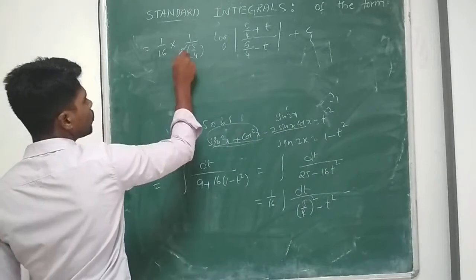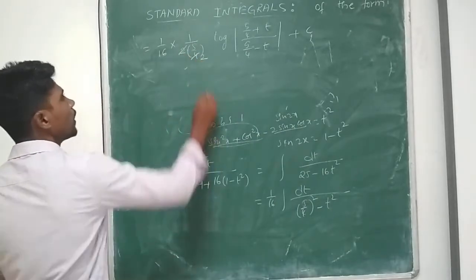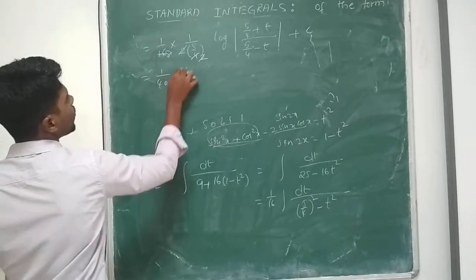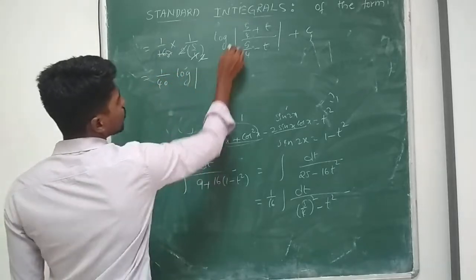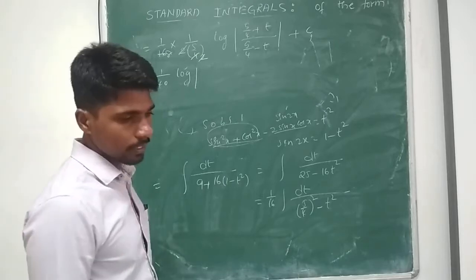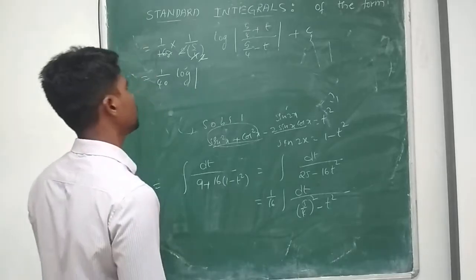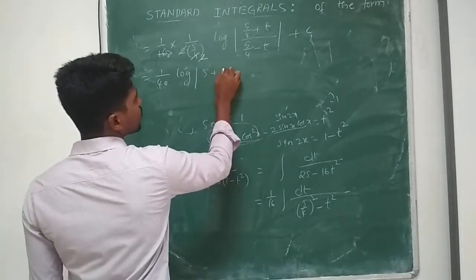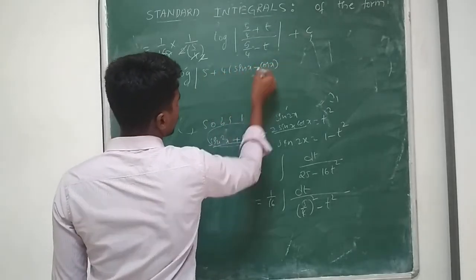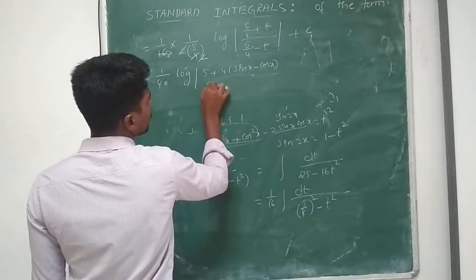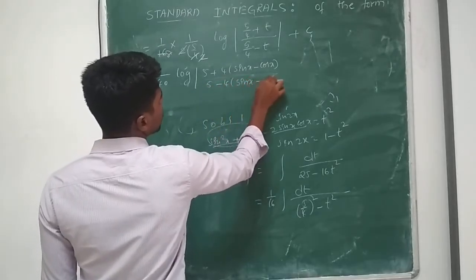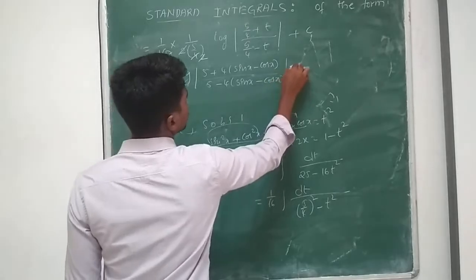Simplest form you have to write now: 1 by 40 log modulus of, what is t? Sin x minus cos x. Replace it. 5 plus 4 into sin x minus cos x by 5 minus 4 into sin x minus cos x